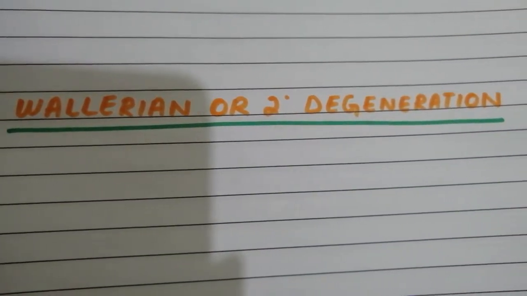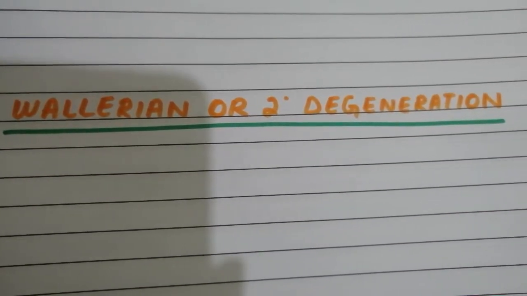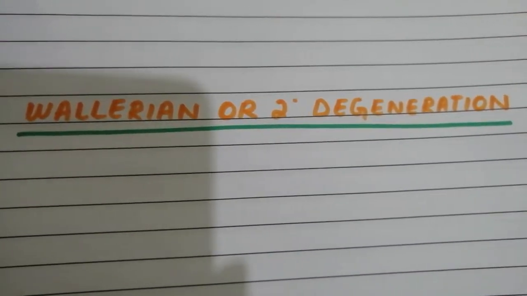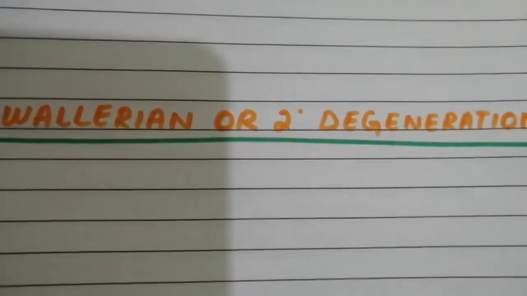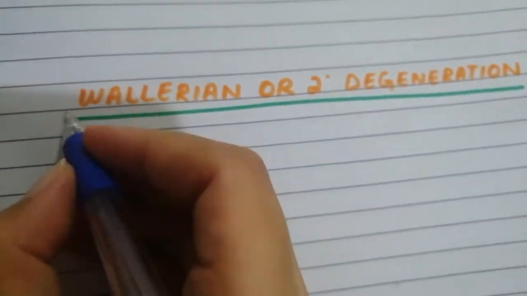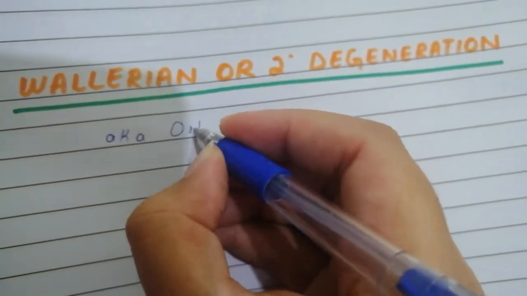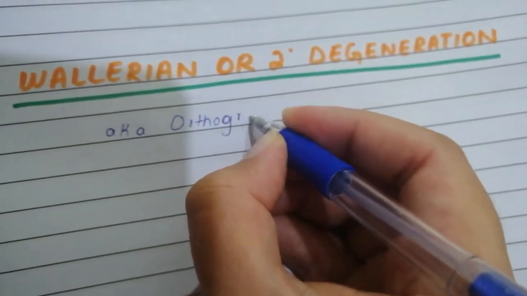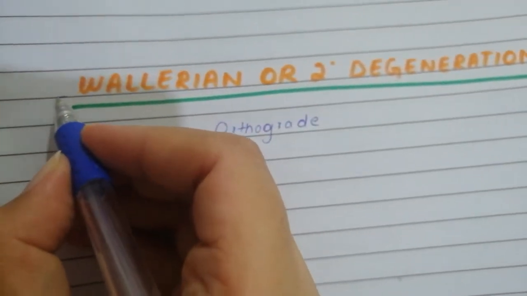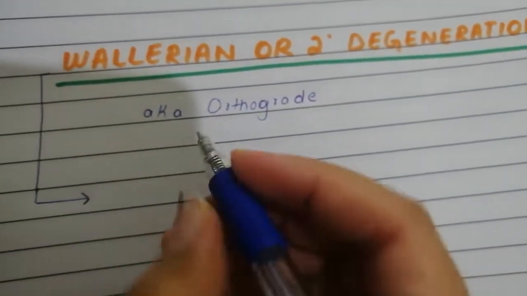Right now, if we consider Wallerian or secondary degeneration, also known as orthograde degeneration, this is a very important topic and is often repeated in exams, so I would suggest you understand this well. Right, so it is basically referring to the set of degenerative changes that take place